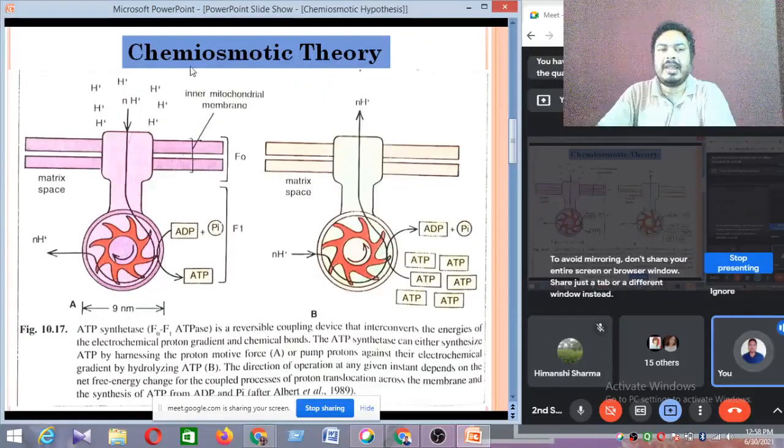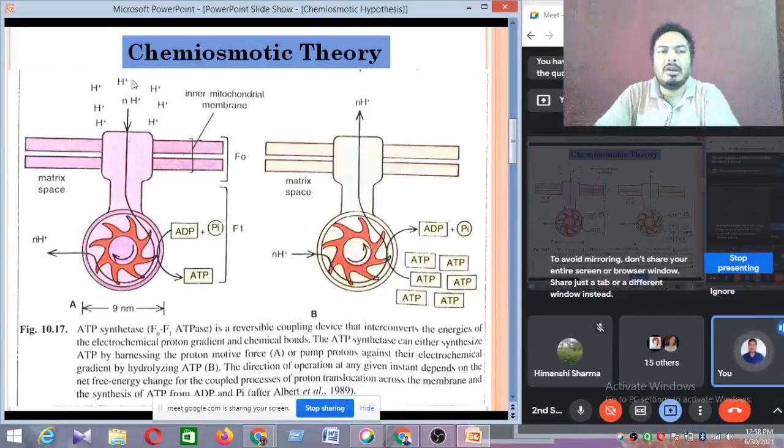Now see, this is the ATP synthase. This is the ATP synthase mechanism, complex number 5. This is ATP synthase and this is also ATP synthase. Now see, over here two different mechanisms are going on. In one mechanism, the H plus molecules are all present in the inner membrane space, and this is the matrix. The matrix has this F1 particle, and the inner membrane space has the H plus molecules.